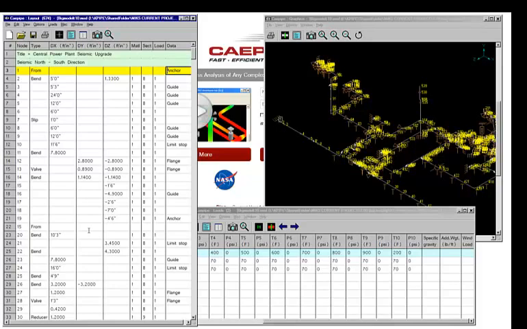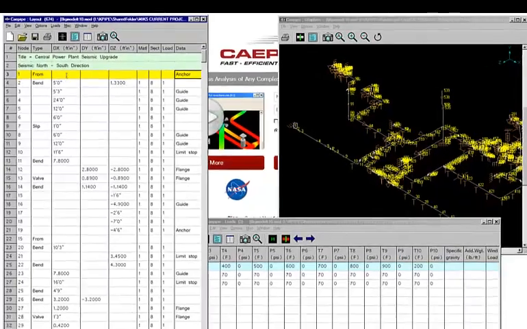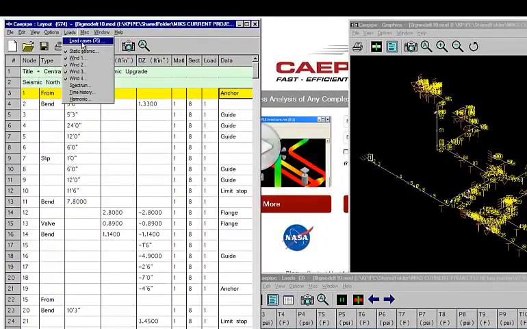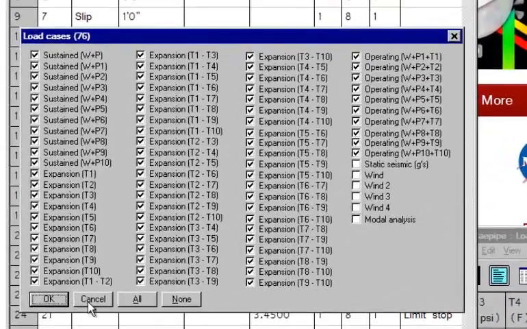Now once you increase the number of thermal loads and number of wind loads, the total that we're going to end up with possibly for analysis will be close to 95. Here I have 76, but as you can see here, all the thermal expansion cases, including the ranges, are here, and the winds that we just entered. There's a static seismic component,